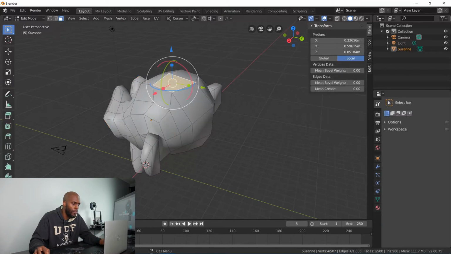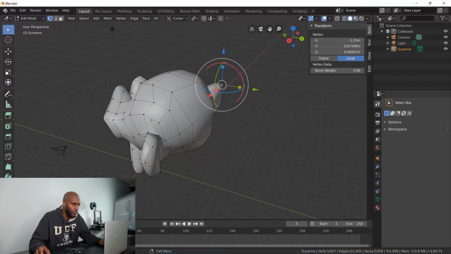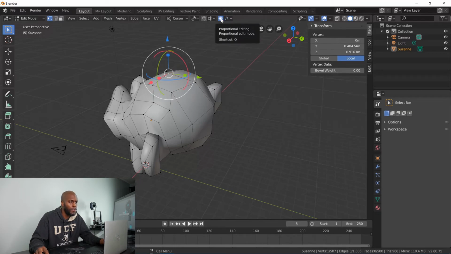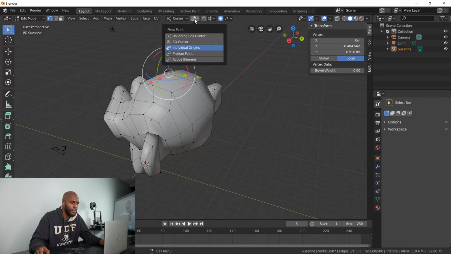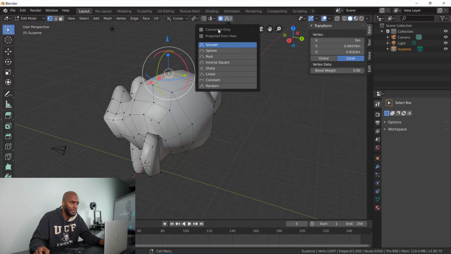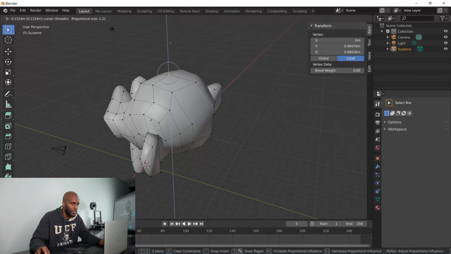Okay, so then you have one more for this middle menu part, what we call the incremental, or is it incremental? Is it called incremental? Proportional editing. Let's go to the options for proportional editing. As you see, there's a trend here. You have the toggle on to the left, then you have the options of what you can toggle to the right. So toggle it on, blue, options to the right. We're going to do connected only, and we're going to do smooth, and pretty much it's going to allow you to